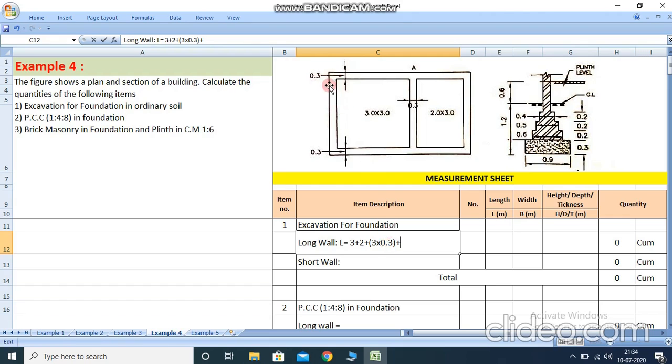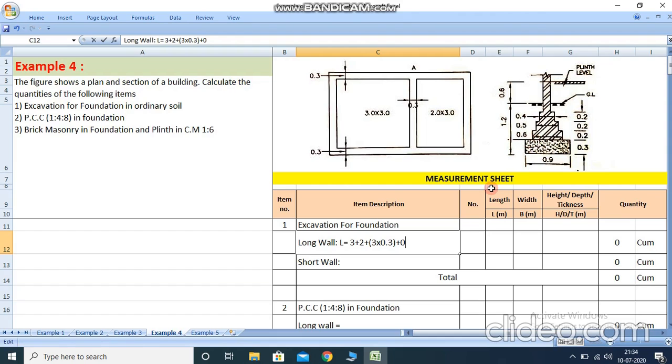So we also include the external wall to the external corner of the PCC work. So we include here 0.9 meter as the width and here the wall thickness is 0.3 meter. So the difference between 0.9 minus 0.3 is 0.6, clear. So 0.6 is the difference between the wall and PCC work. From this point to this point, the part is 0.3 as the right side and 0.3 as the left side, clear.